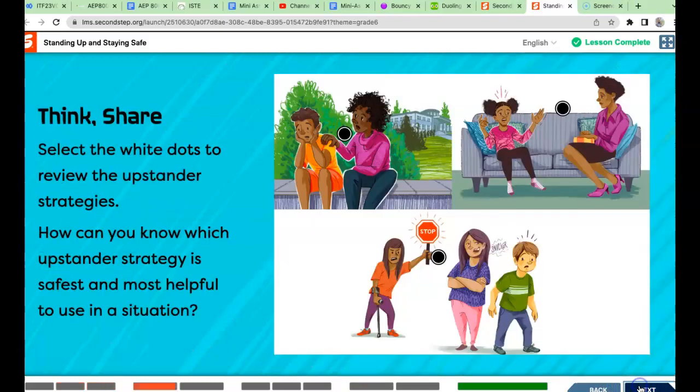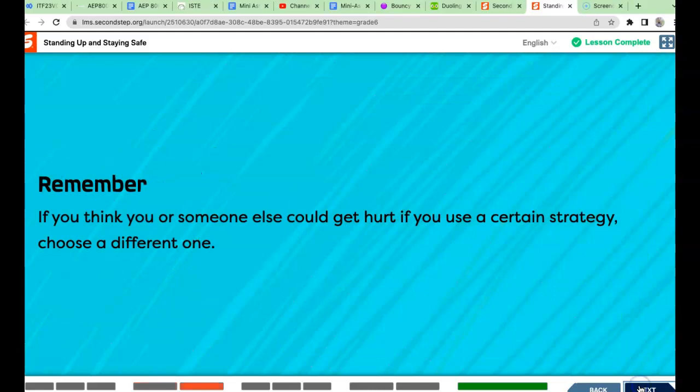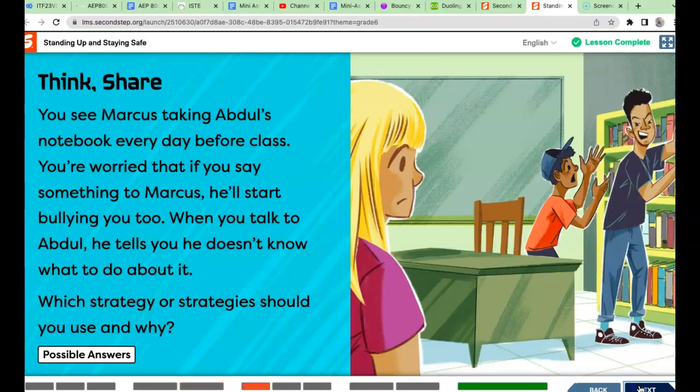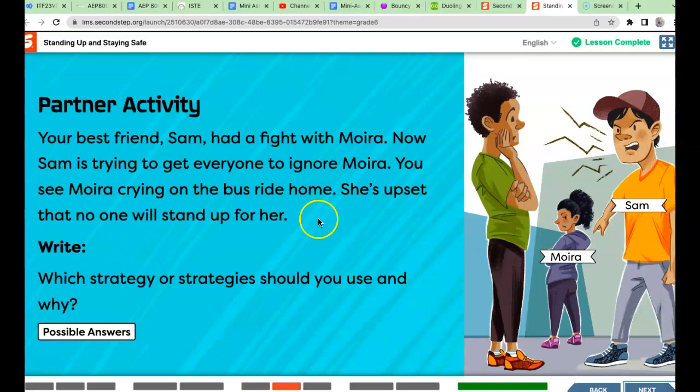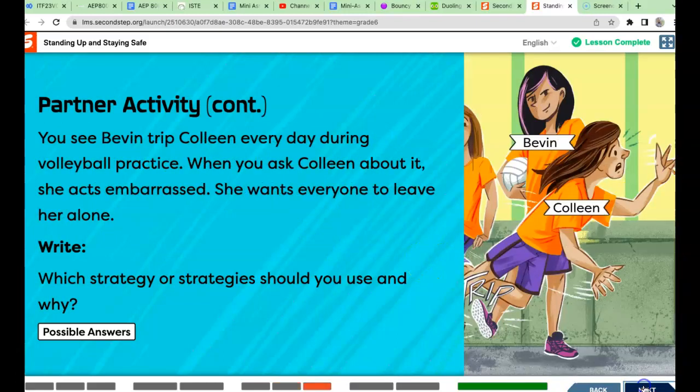Challenges to standing up and bullying. It's a lot of different prompts that get the class to talk based on what people should be doing in hypothetical situations in their day-to-day life. Just little writing prompts, little discussion prompts,